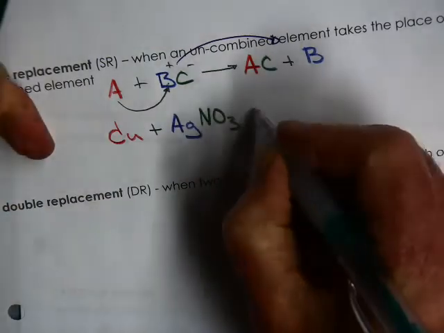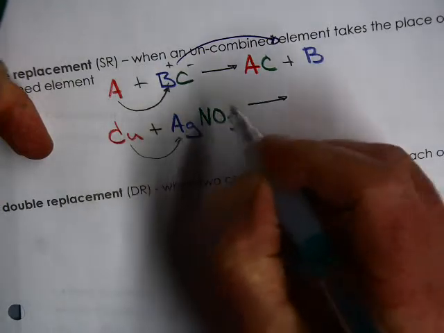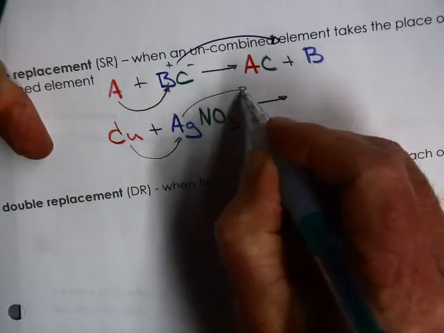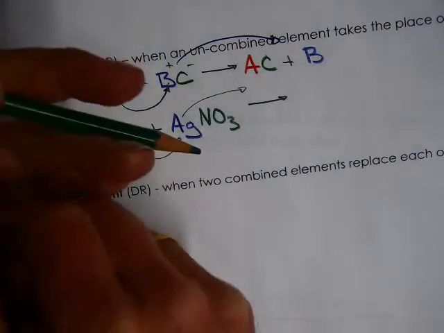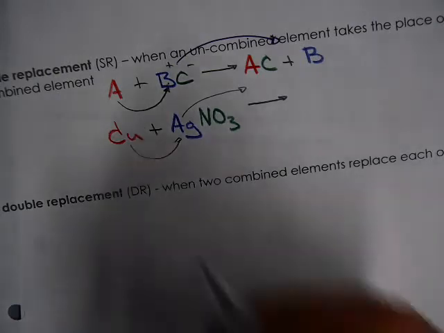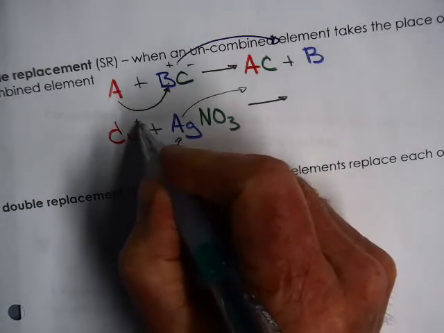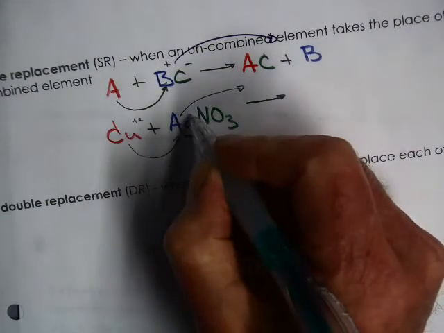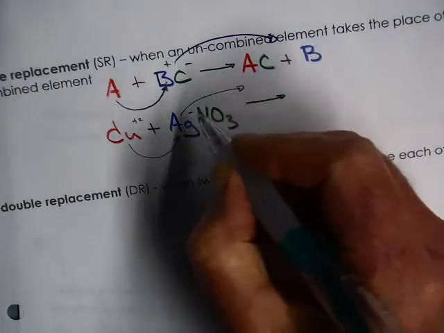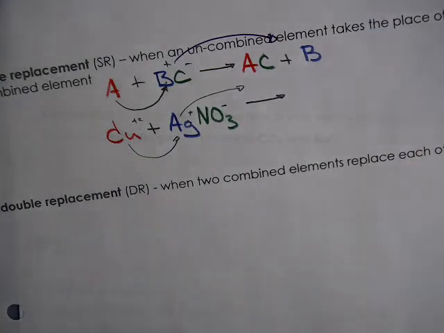Believe it or not, you will get copper coming in, kicking out the silver, producing, now this is where it starts to get really interesting. The predominant charge on this copper is going to be +2. We know that silver is always +1, and this is -1. So when you predict the outcome, you have to take into account that switch. So this is going to produce